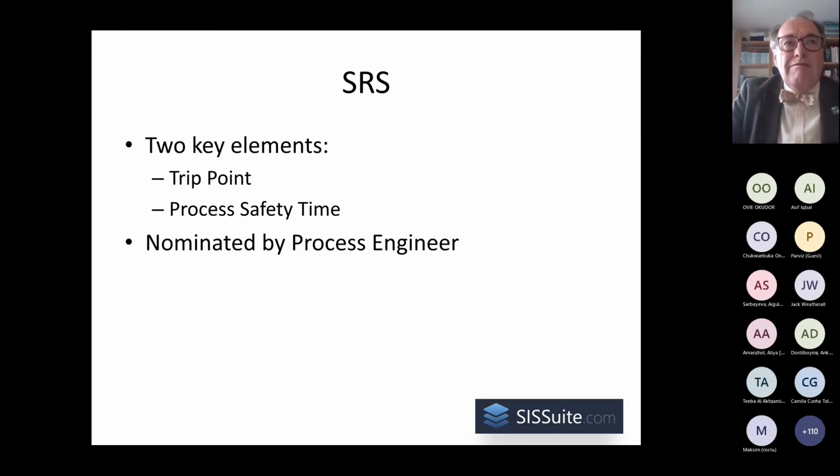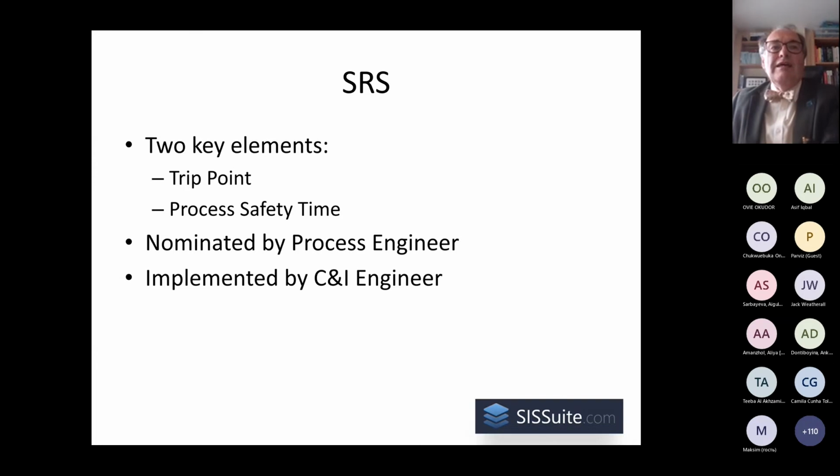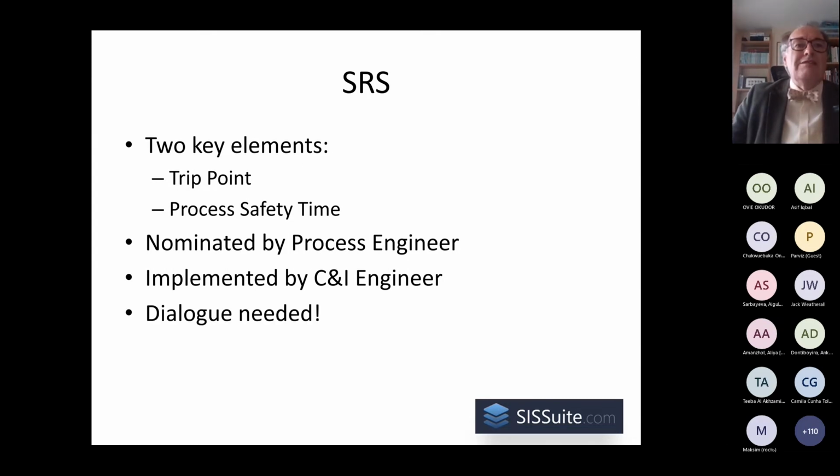Those two fields within this specification are typically nominated by a process engineer. Now, the basis on which he might nominate those is a separate question, but typically it is within the domain of the process engineering, the chemical engineer department, to nominate both the trip point and the available safety time. It then falls typically to the C&I engineer to implement the SIF to meet those specifications of trip point and safety time. And an important point here is that it is important for these two people to talk to